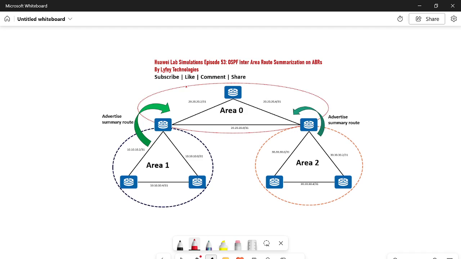So you can see that in this topology, we have three areas. We have area 0, we have area 1, and we have area 2. And before you perform route summarization, you need to do proper planning of the IP addressing. The IP planning should be contiguous on the network so that it's easy for you to perform route summarization. In this topology, you can see that in area 1, we've used